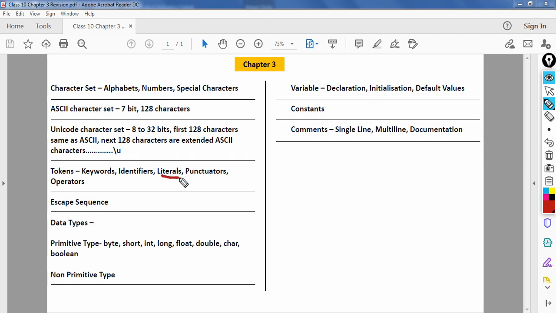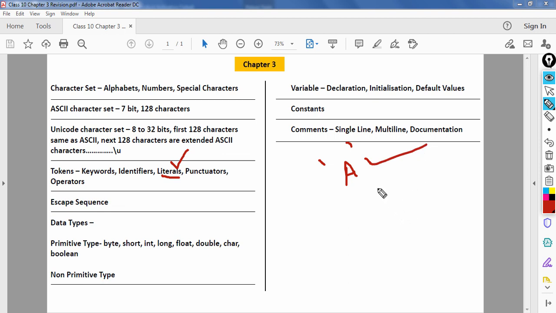The third kind of token is literals. So what are literals? Literals are values. To put it simply, literals are values that can be assigned to a variable. They are values or data, in other words. For example, if I write the letter A within single quotes, this is a character literal.